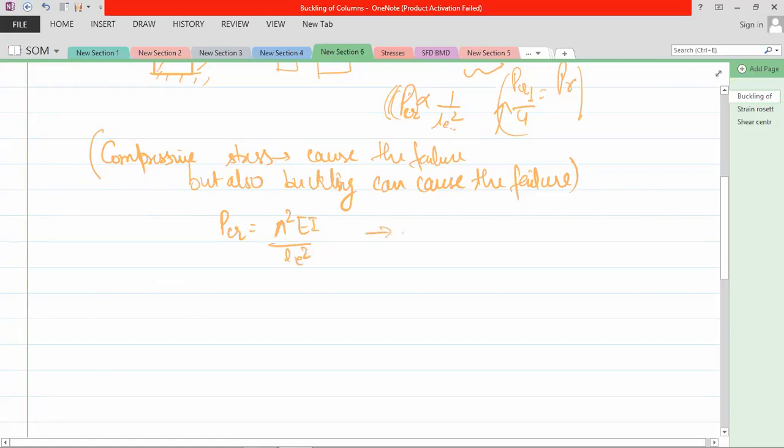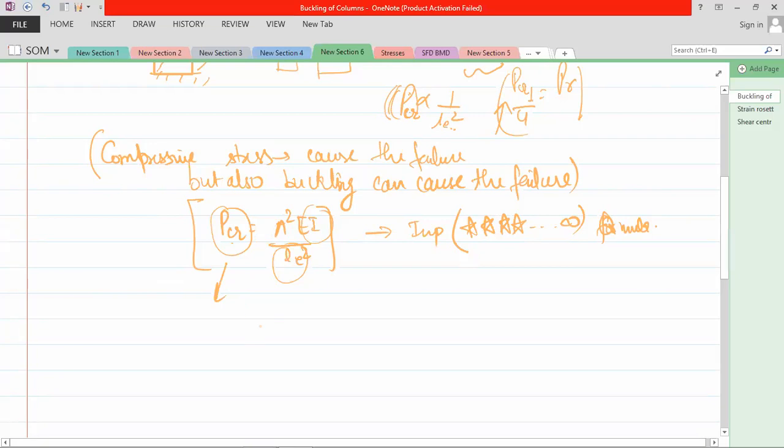So this is important, you can put as many stars as you want. Important, 5 star, or I am putting it infinity star. Okay, this is a very important formula. If you want to do a question in Euler buckling, just remember this formula. Whether you want to obtain P critical, length, or I, the question is coming from this formula. You are not going to go here and there to solve these things.